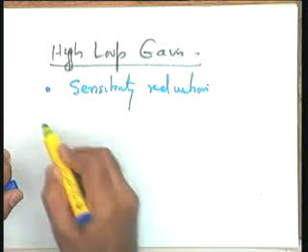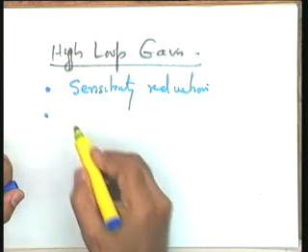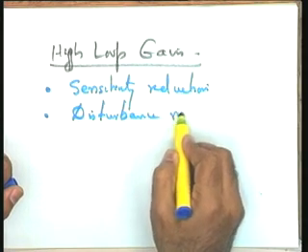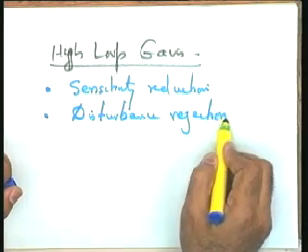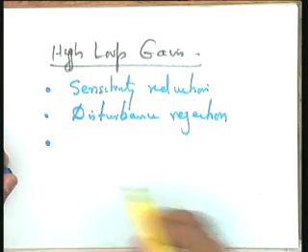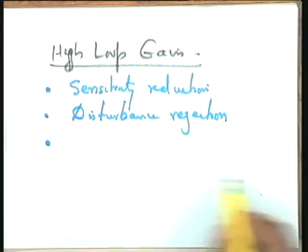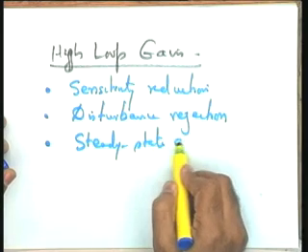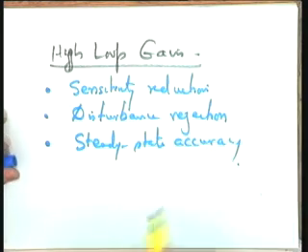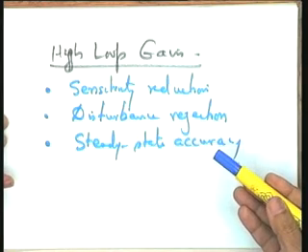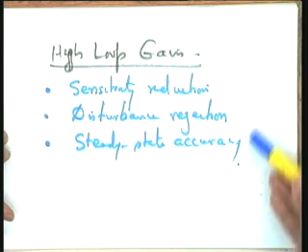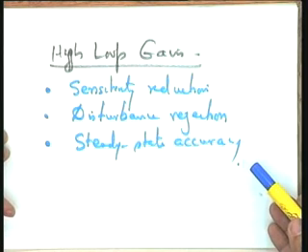That we have seen. 2. By high loop gain we have seen disturbance rejection is possible. And what else, please? You will tell me. By high loop gain you have clearly seen steady state accuracy can be improved. So it means if you go for a high loop gain, you find, a thumb rule, higher the loop gain, better is the performance of the system in terms of these three requirements.